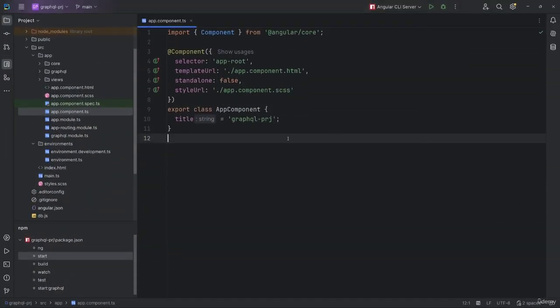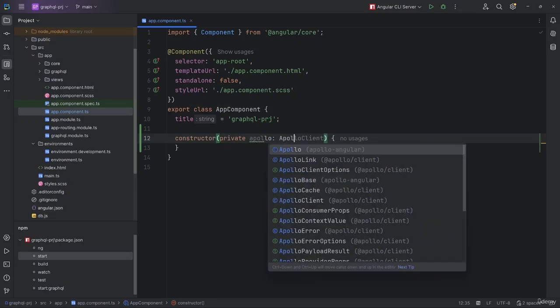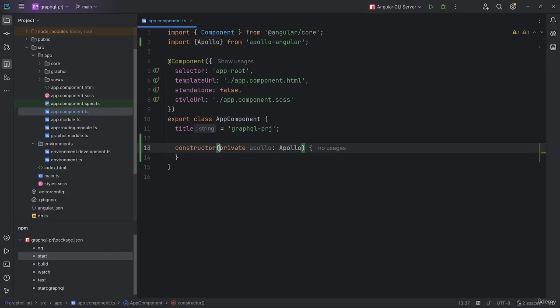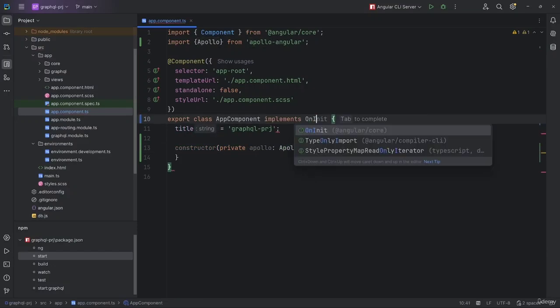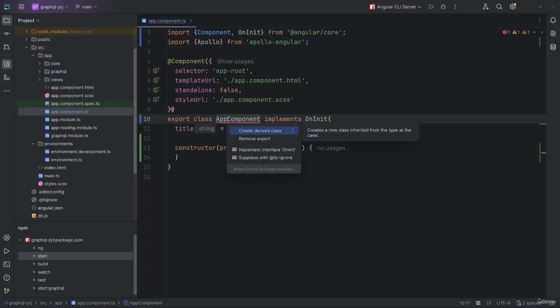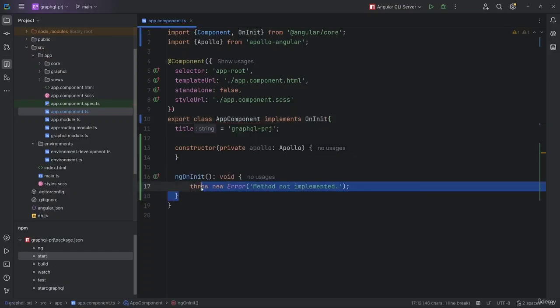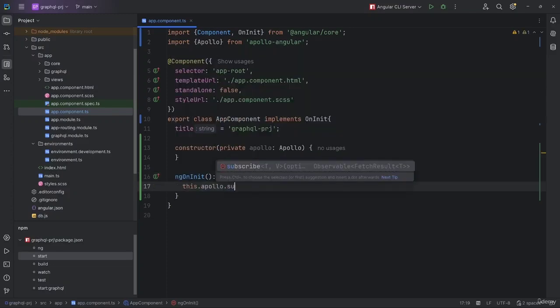Now we're going to subscribe to the postAdded event. In app.component.ts, let's add a constructor where we'll use dependency injection: private apollo typed as Apollo. Next, we need to implement the OnInit interface and create the ngOnInit method, which is a lifecycle hook. Inside ngOnInit, we use the Apollo service by calling